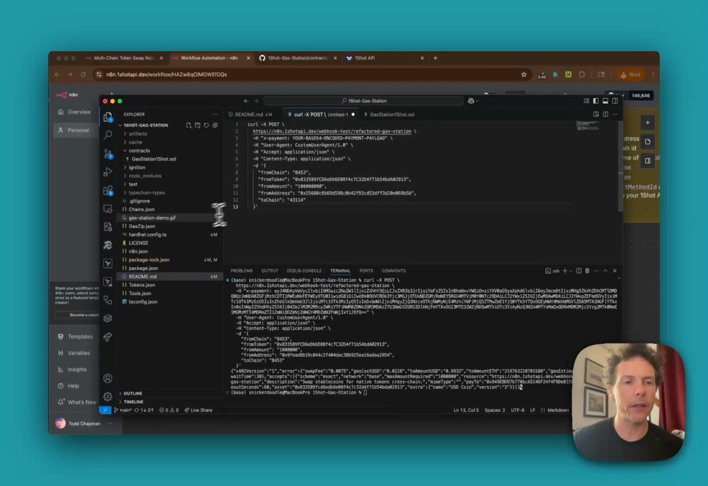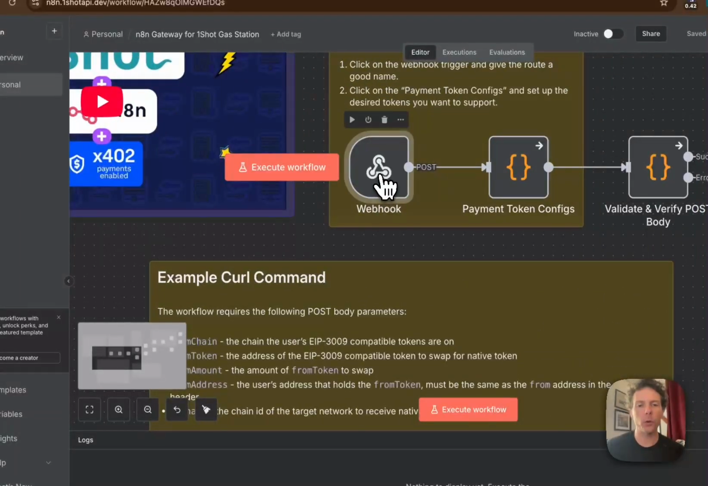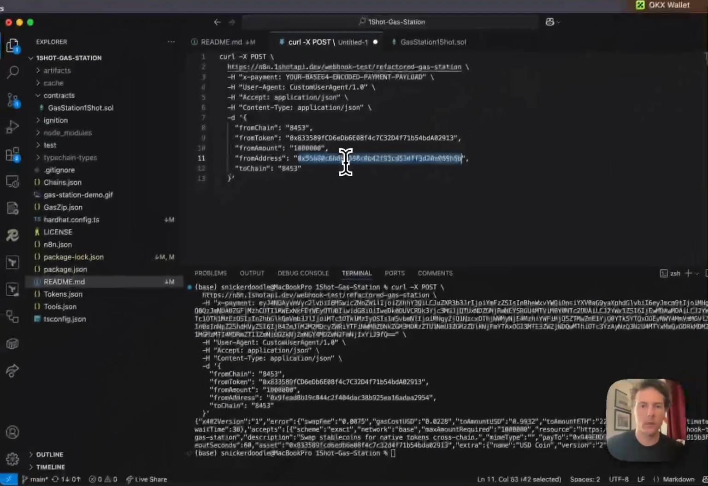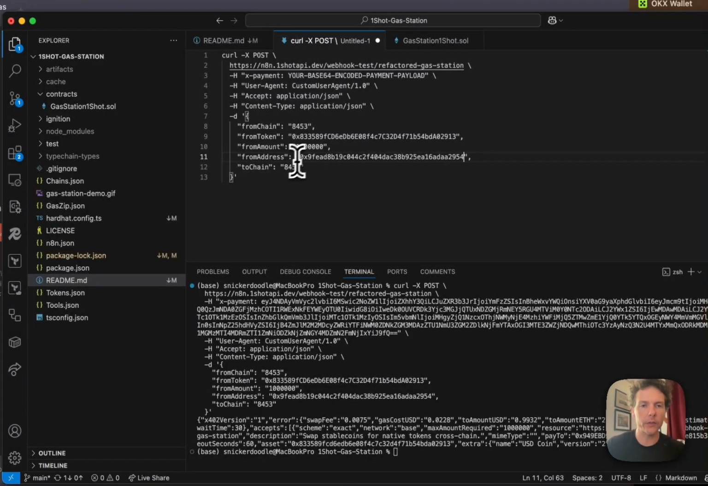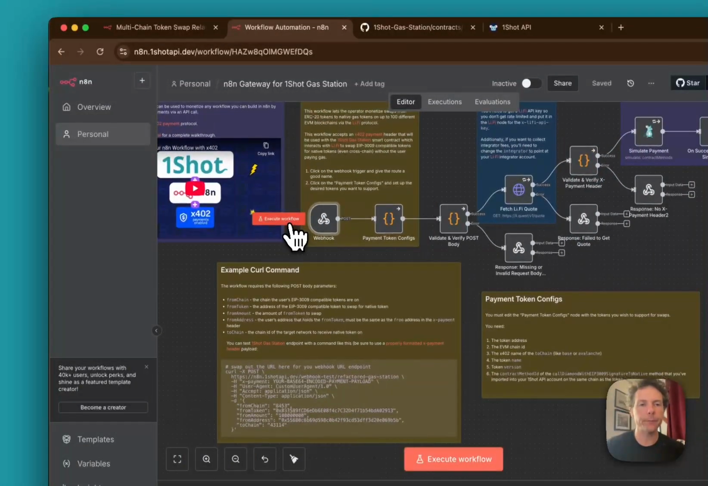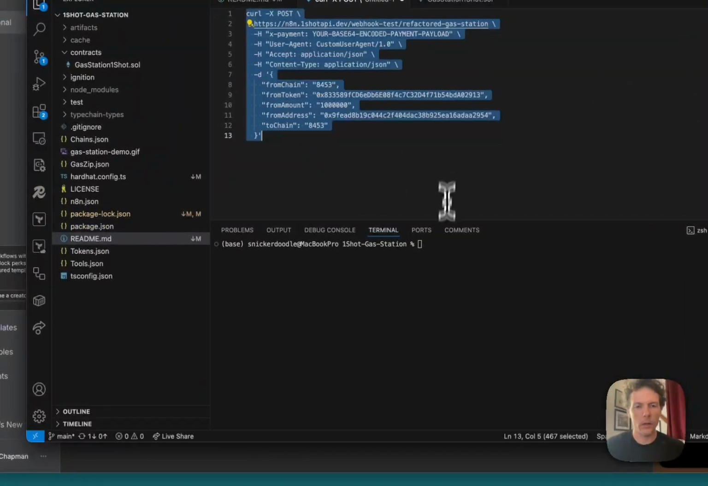Put that example curl command here, and let's just be sure that that test route is the same as what we're going to be curling. And then let's set up this post body to just work on the Base network. So 8453, the from token, that is USDC. Let's just do $1 worth, a quote for $1. And then the from address, make sure that's your address. Okay, so change the from address to your address. And then let's use this to get a quote from our workflow. If we activate it, and then run our curl command,